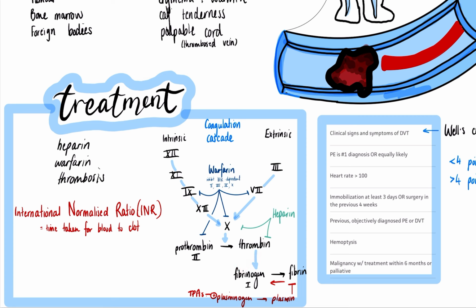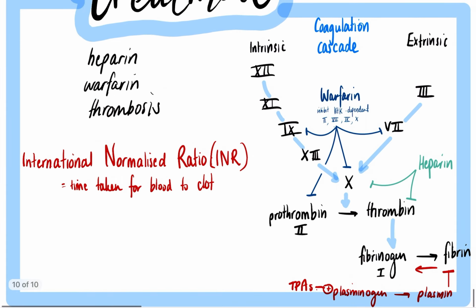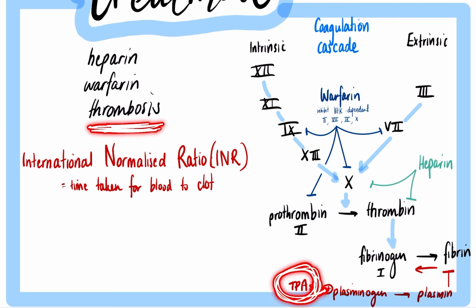You would also co-administer warfarin, which works by inhibiting the vitamin K dependent coagulation factors, aka factor 2, 7, 9, and 10. And because it's inhibiting the synthesis of these, warfarin works slower. So you give heparin and you also give warfarin, but the warfarin takes a few days to start its anticoagulative effects. And then once you've got your D-dimer or CTPA confirmation, you commence thrombolysis using tissue plasminogen activators, which cause plasminogen to activate into plasmin, which breaks down the fibrin clot.